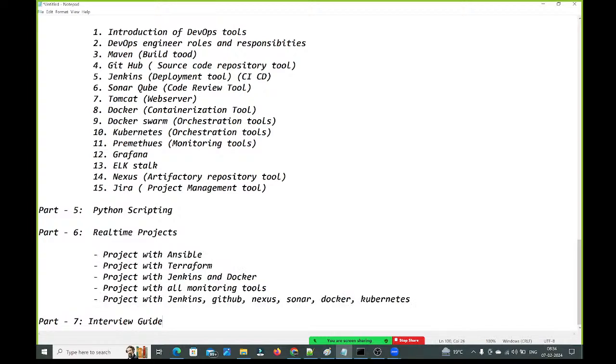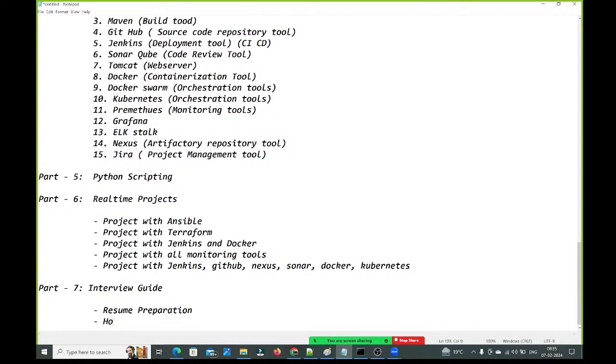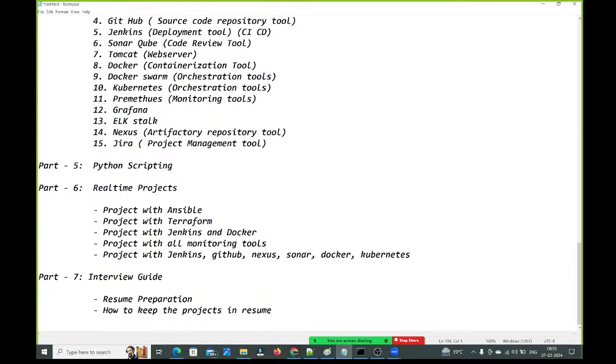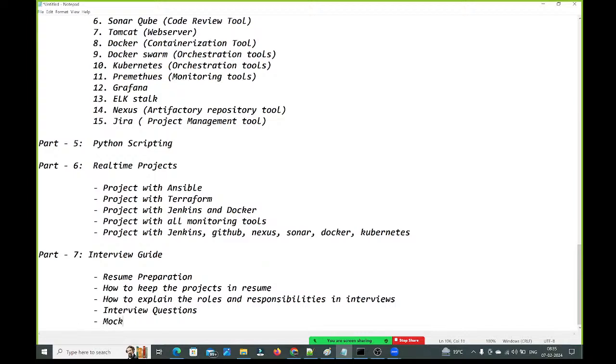Finally, the last part is the interview guide. Here you will get resume preparation, how to keep the projects in the resume, how to explain your roles and responsibilities in the interview, some of the interview questions, and finally mock interviews.